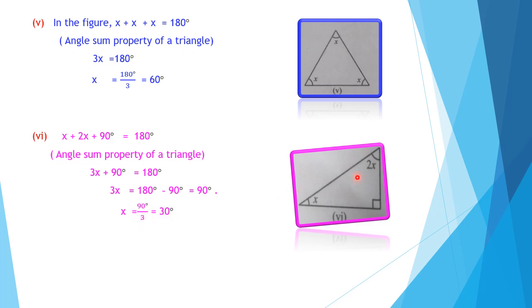Okay. So adding up we get all the three angles. Here it is 30 degree. Here 2x. 2x means 2 into 30, 60 degree. So 60 plus 30, it is 90 degree. That 90 plus, here we have 90. 90 plus 90, we get 180 degree. So we can be sure that our answer is correct. X is equal to 30 degree. Okay children.